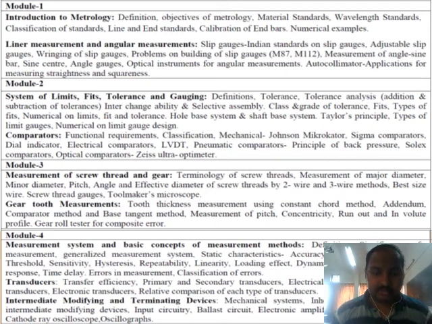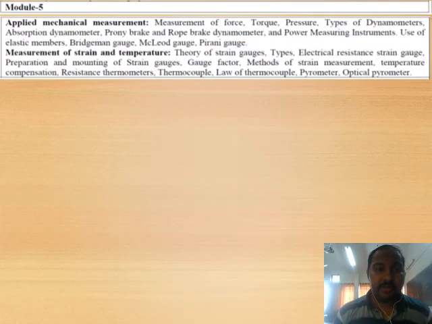The transducers, we are going to discuss in module 4, the electronic and electrical transducers and other things. Also we are going to discuss the intermediate modifying devices and terminating devices, especially the CRO and oscillograph working principle. Module 5 is related to the applied mechanical measurements, that is nothing but measurement of